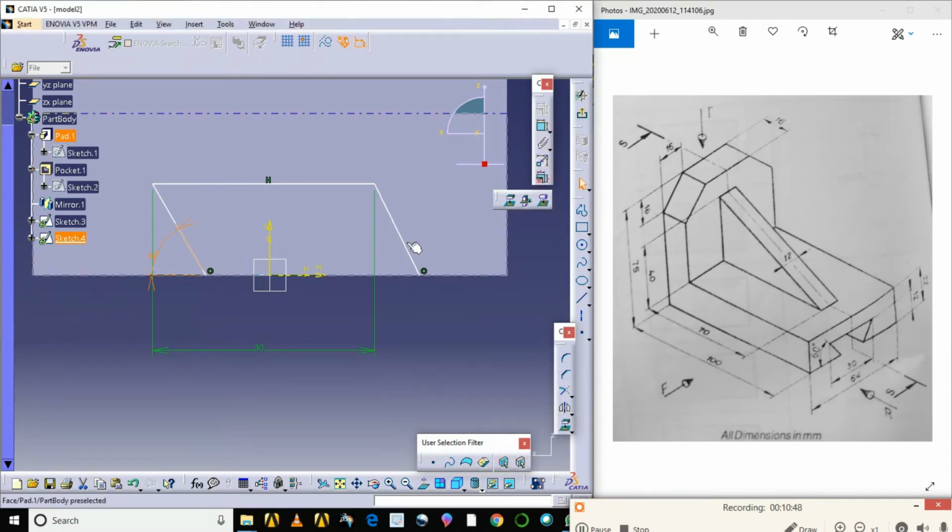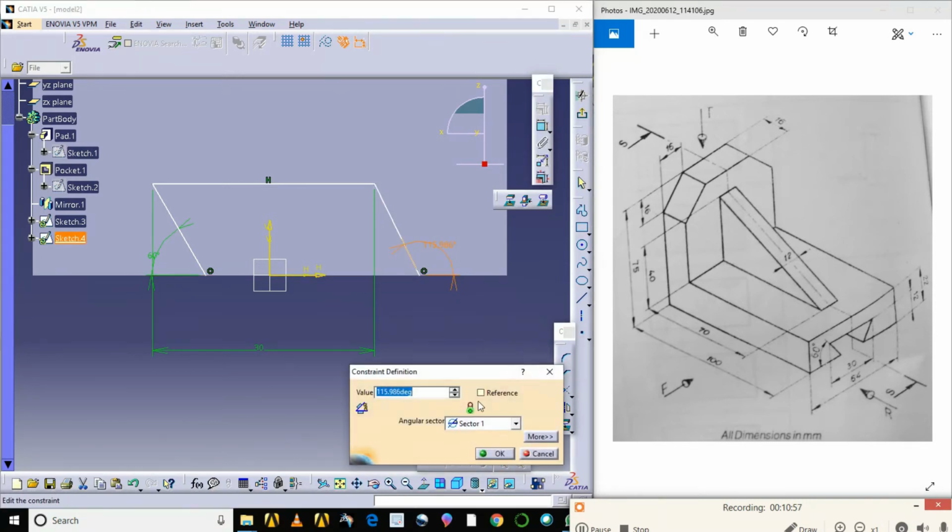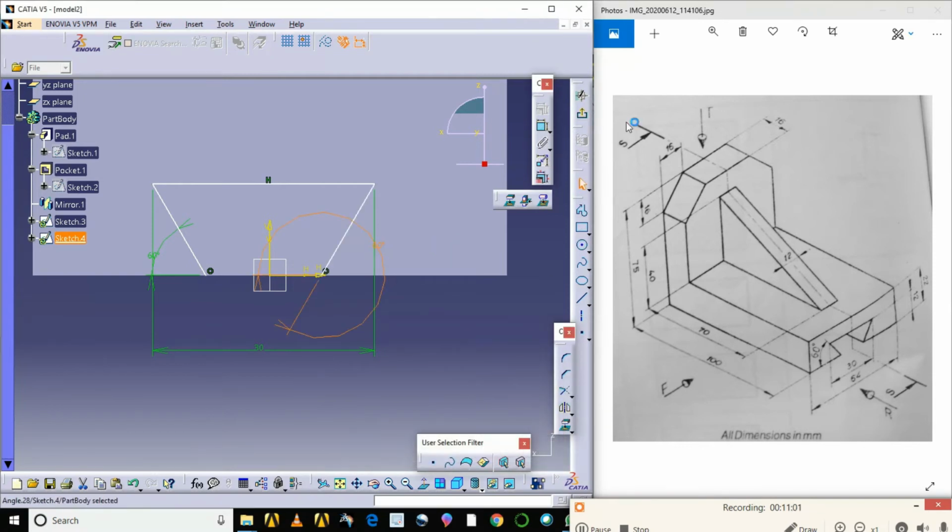Now the angle between this and this, mm, 60 degree. This and this, how much? This is 60 degree.